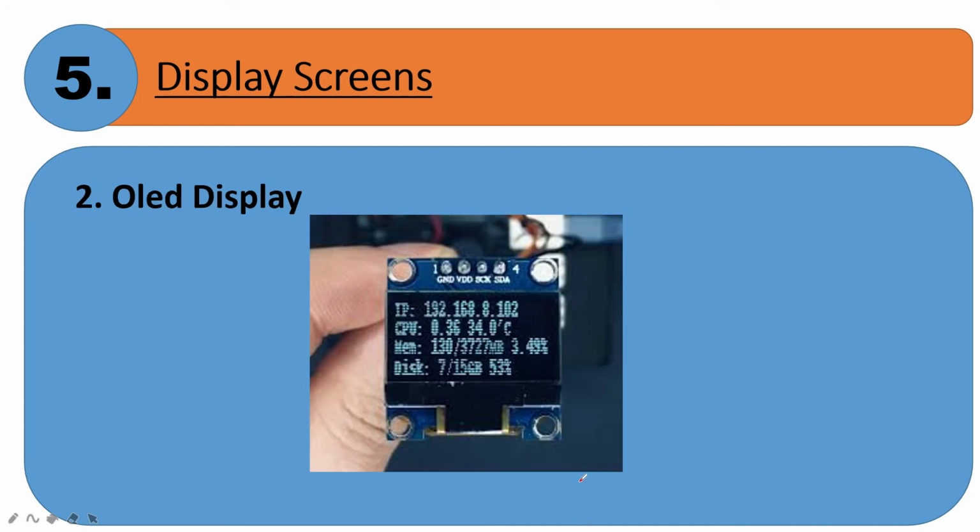Next one is the OLED display. Well, this is a more efficient display. This is based on I2C communication. You will get GND, VDD means positive, negative, SDA, SCL. This is a little bit more advanced because here you can display some basic animations or something like that. You can make a box and display your text inside it, or you can make your text come from this side and go to this side, like that. Basic animations on this OLED display.